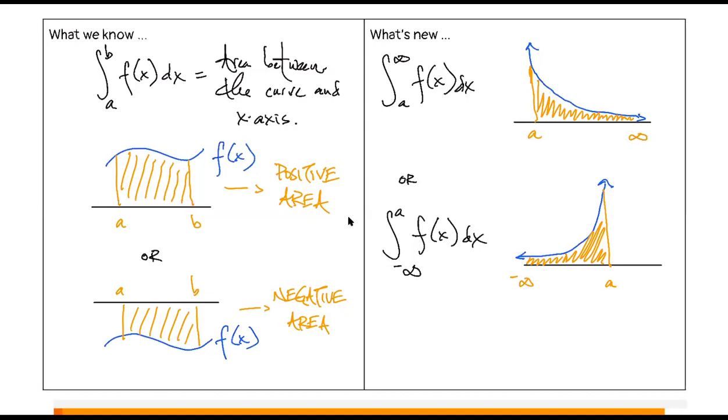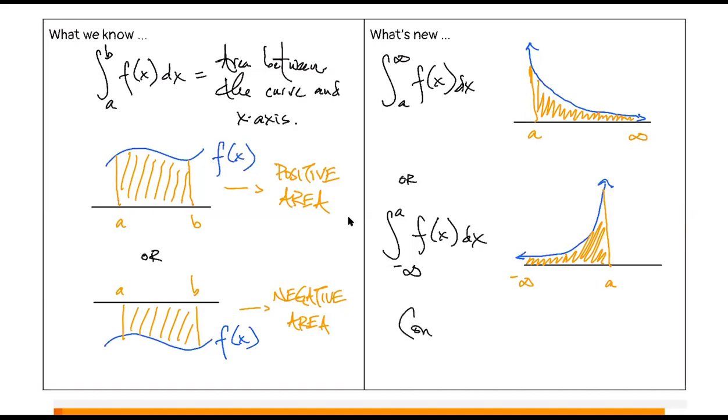But then we're also going to have situations where we're not going to be able to find an answer. Okay, and so in these situations where infinity or negative infinity is one or sometimes both of the bounds, the question that we're asking ourselves is,